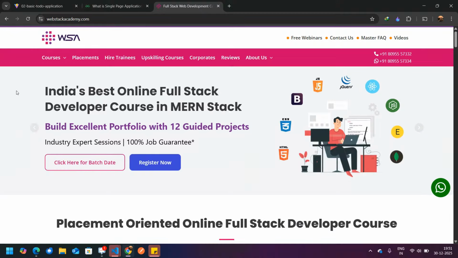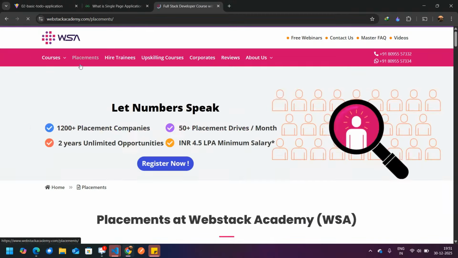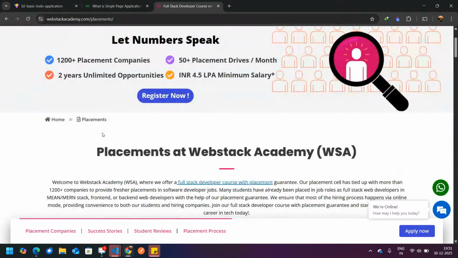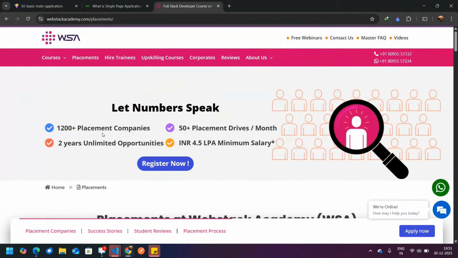Now what will happen when I click on the placement? Not the whole HTML is rendering. Whatever changes we have made, only those changes are updated, not the whole page. That is the power of single page application.